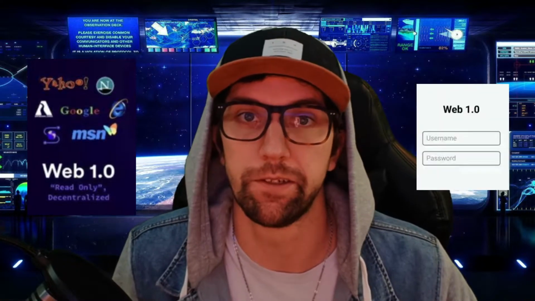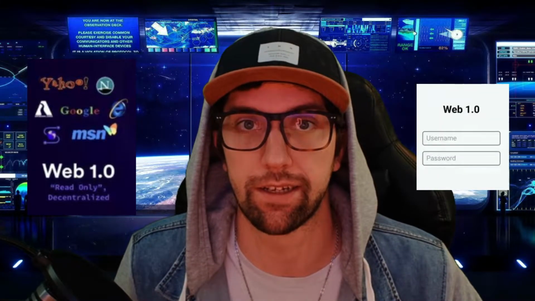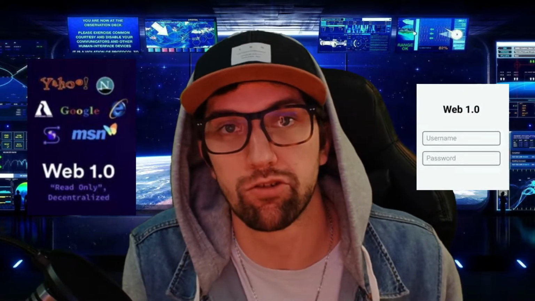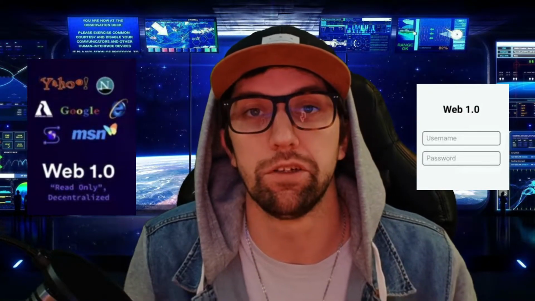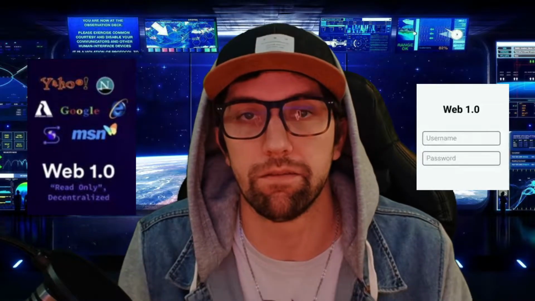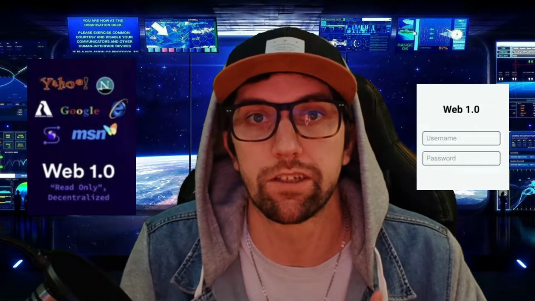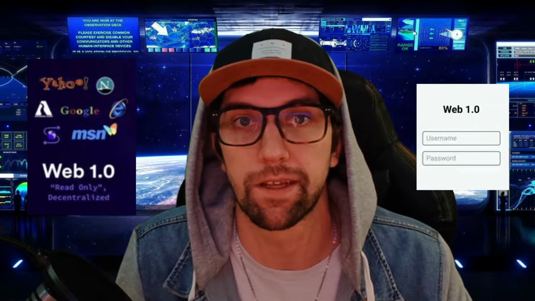Now, basically what Web 1.0 was a content delivery system that was able to showcase specific pieces of information on websites. Now, when you're talking about Web 1, 2, and 3, everything is being built on trust systems. So with Web 1, there was zero trust. So anytime you wanted to log into a website, let's say go to AOL or AIM for anyone that was part of that realm, you had to type in your username and password every single time to log in. That's because there's no trusted middleman. So with that, it's entirely up to you to keep that vital information and post it to the website every time to confirm that it is you.